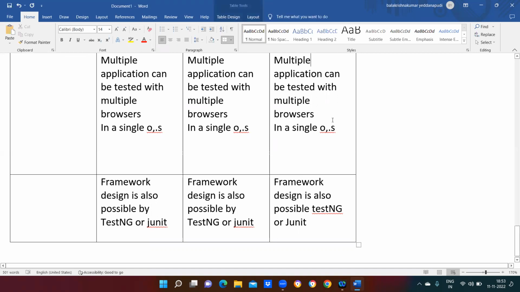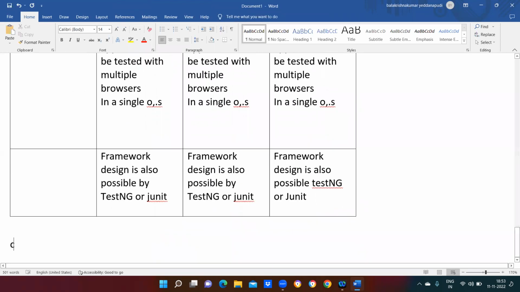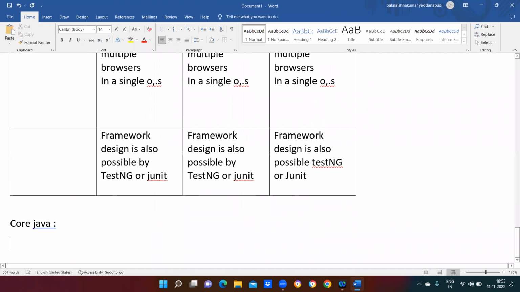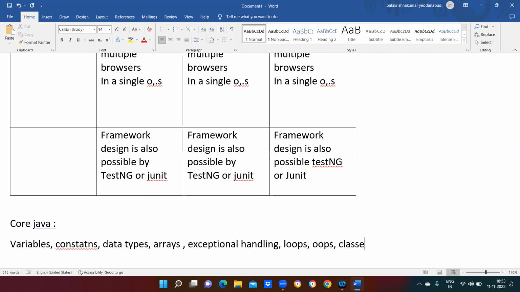So I'm going to cover WebDriver and go with the grid also. To go with this, we need to have your core Java concepts. So anyway, I'm going to cover this core Java also, which is a part of your course. In this core Java, we are going to learn what do you mean by variables, constants, data types, arrays, exception handling, loops, OOPS concepts, classes and objects,